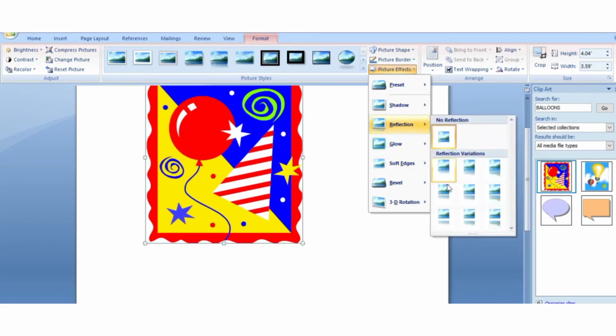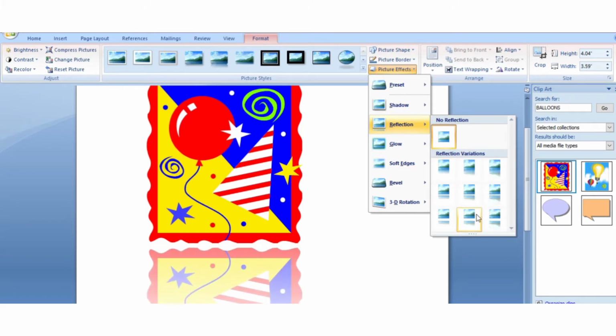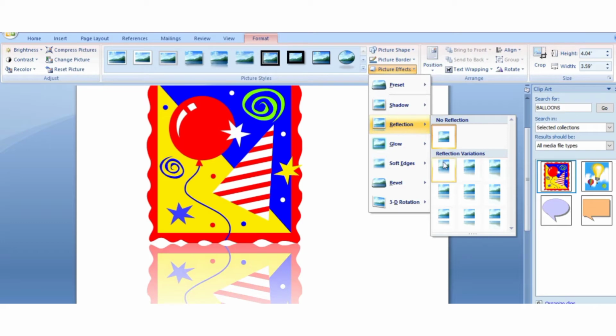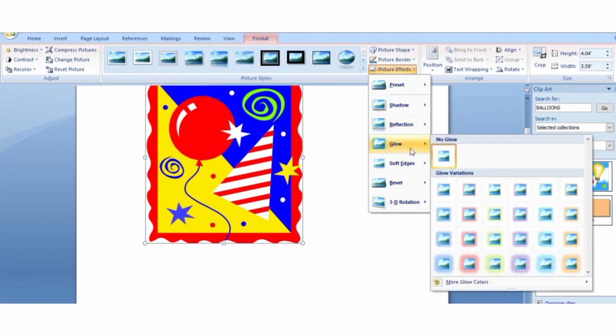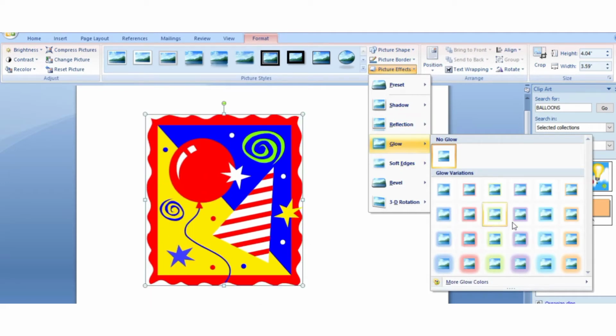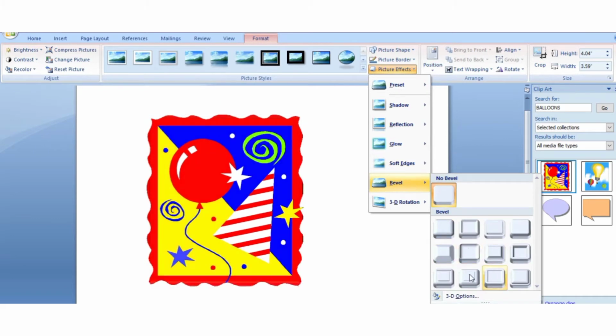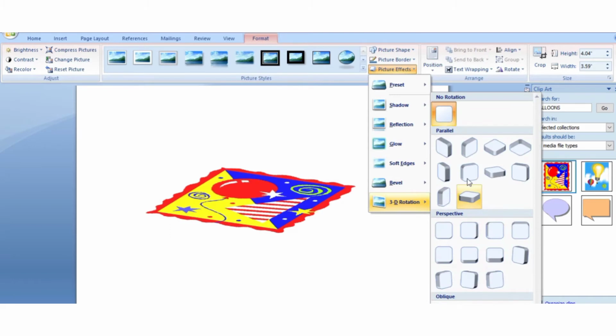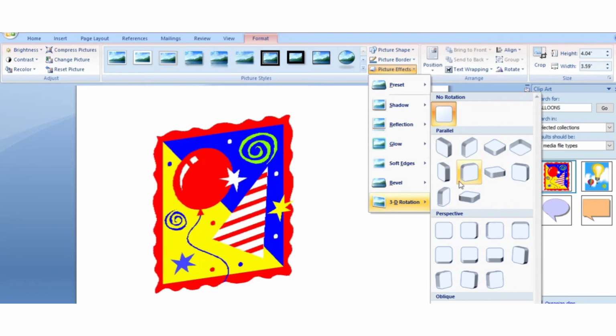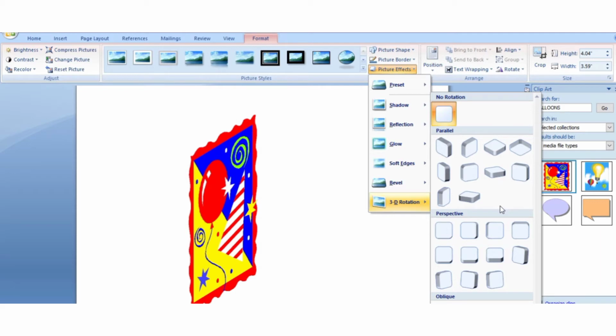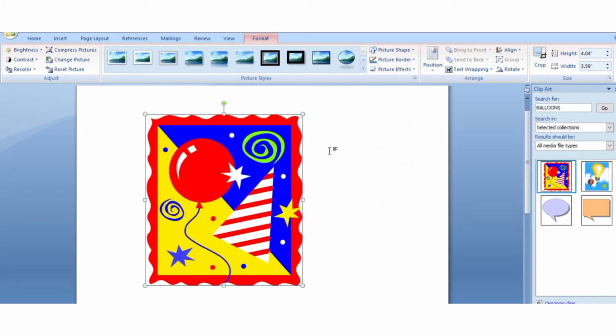You can see at the bottom of this image it is appearing as if we can see our shadow on the water. Glow effect, soft edge, bevel, 3D rotation. Okay, so these all are artistic effects.